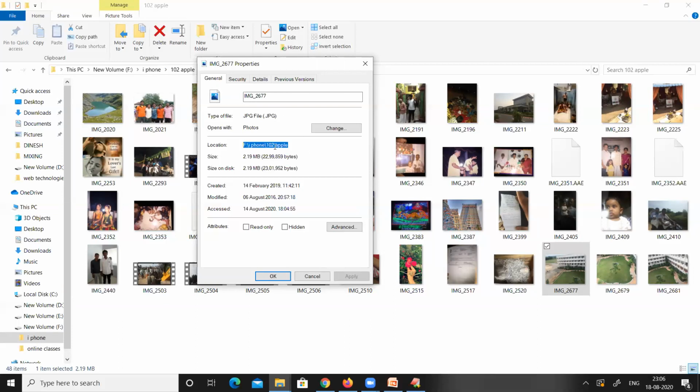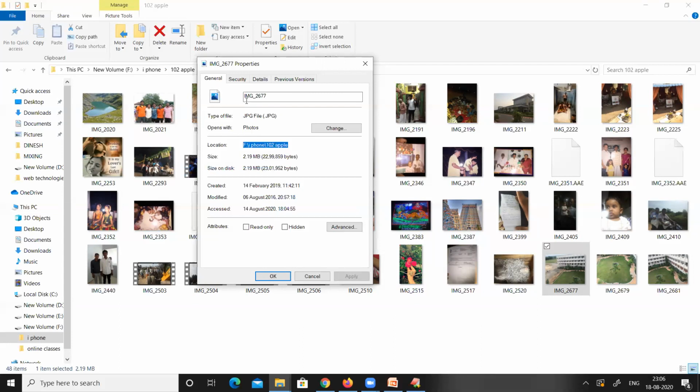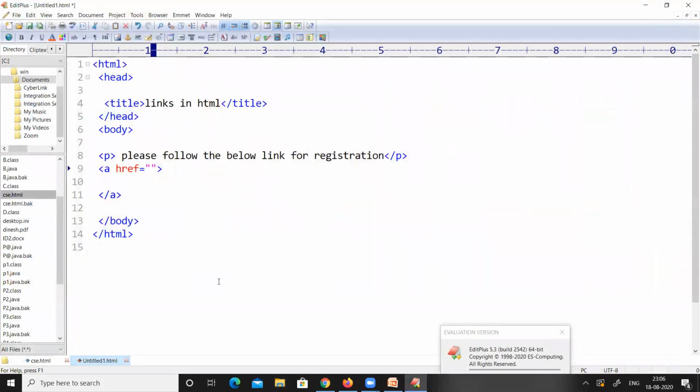So just copy this particular path and remember the name of the image, that is img_2677, and the type of the image is JPG. So let us paste this path here.